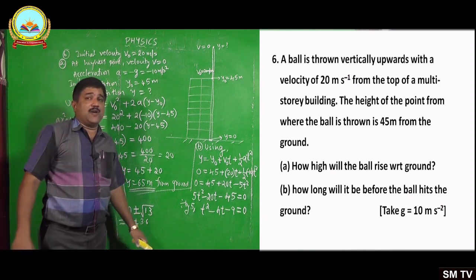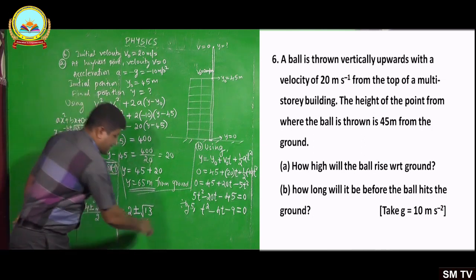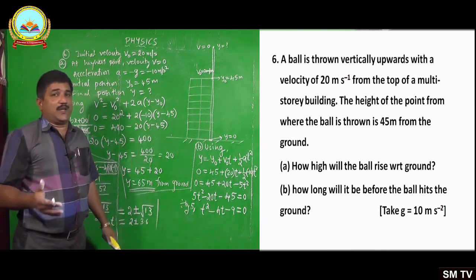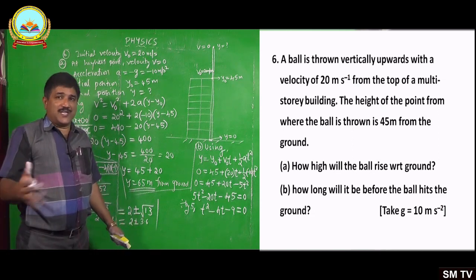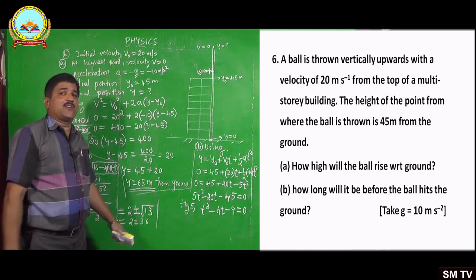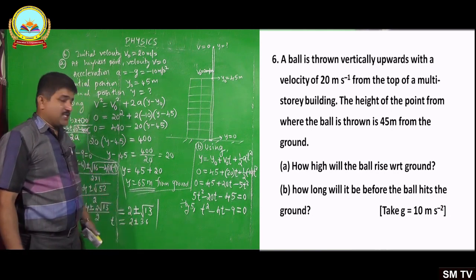So which is a negative value. Time can never be negative here. Remember, in any kinematics problem, if you get time equal to a negative value from the quadratic equation solution, you have to reject that answer. That negative value of time is not admissible. It is not permitted. So you have to get only the positive value of the time.